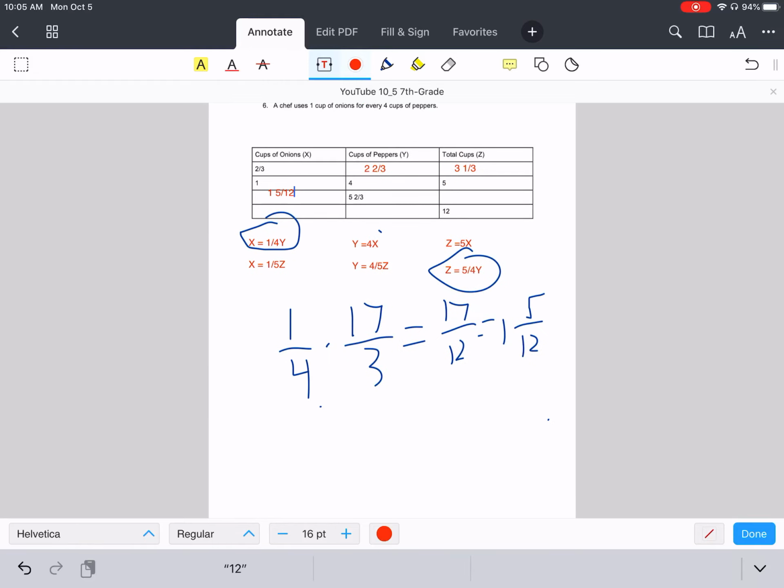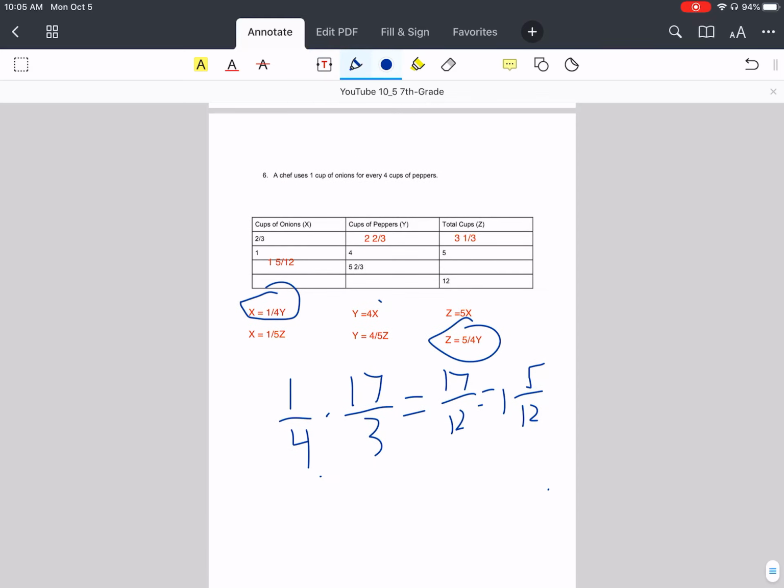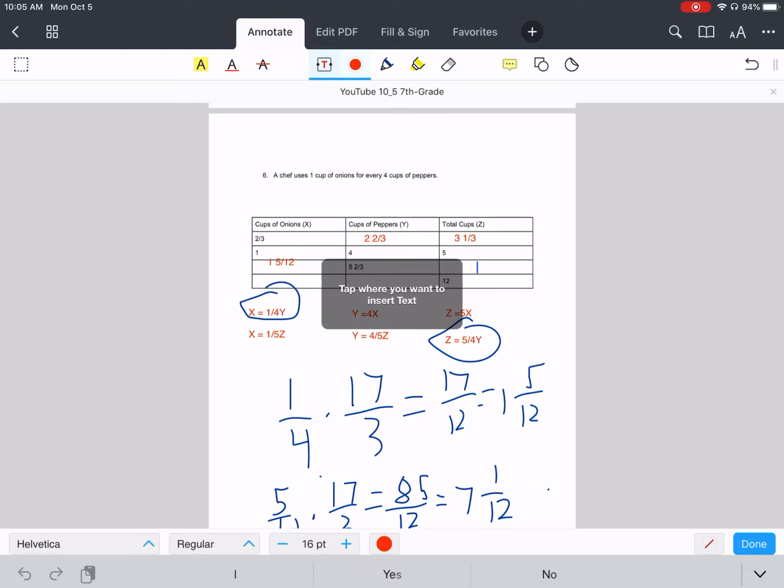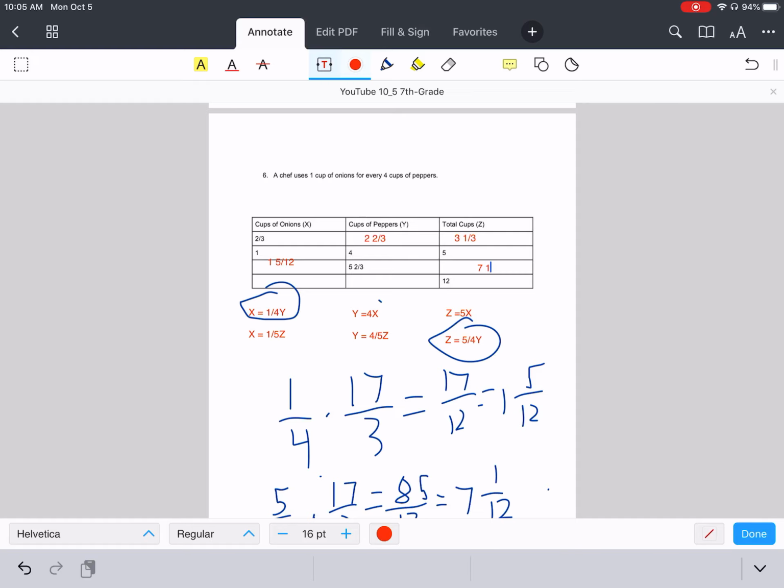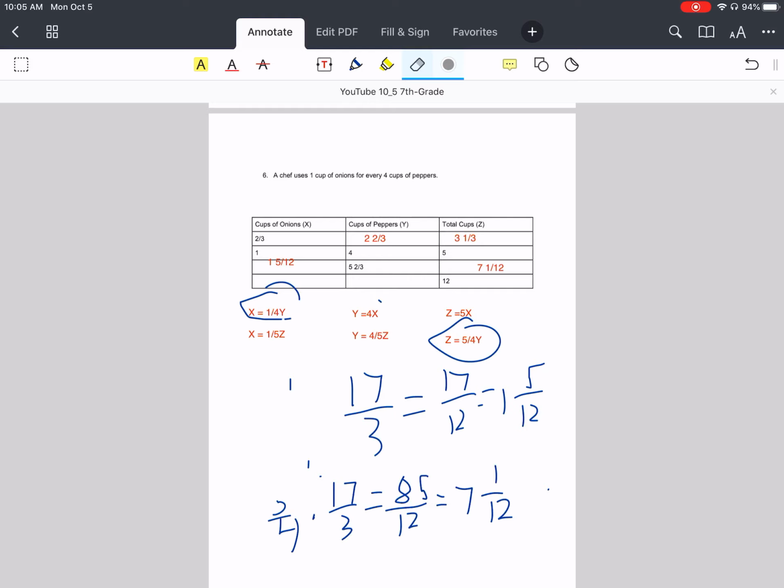And for our z value, we have 5/4 times 17/3 gives us 85/12. We know that 12 can go into 85 7 whole times, because 7 times 12 is 84. That'll leave 1 left over. That'll be 7 1/12. And our last row of the assignment,